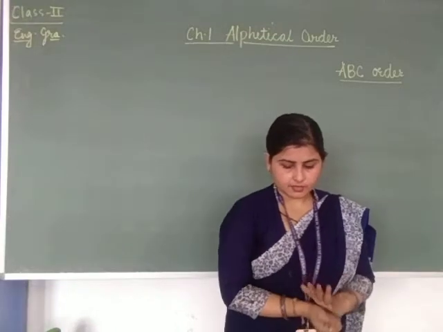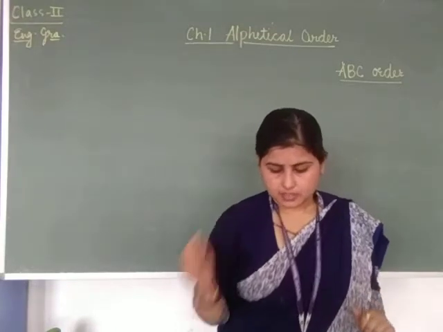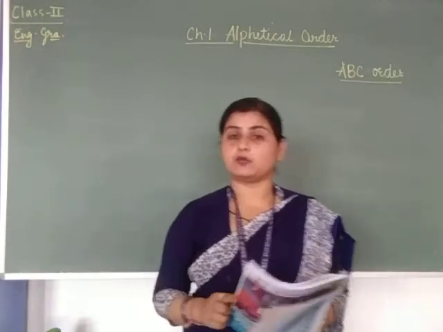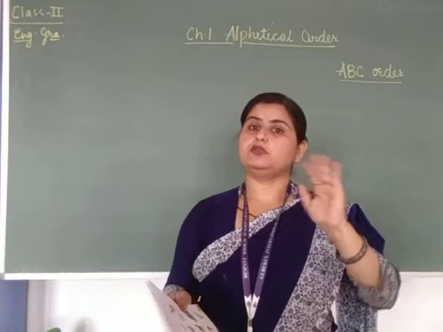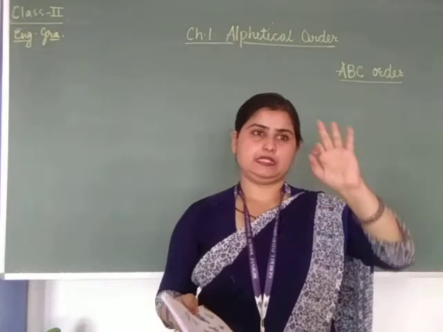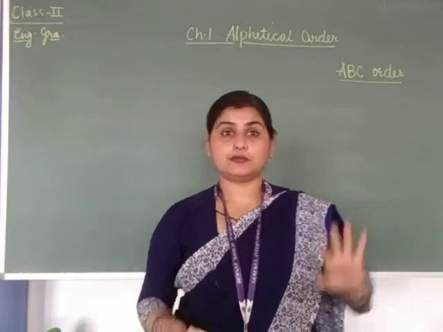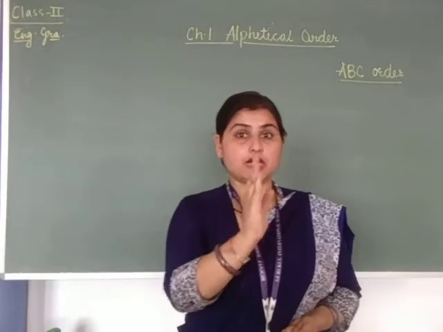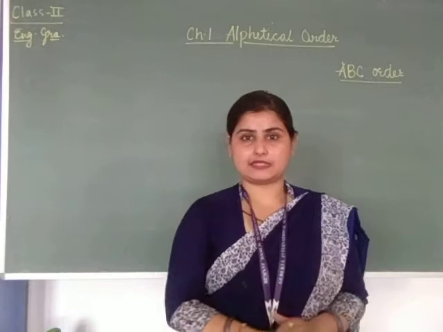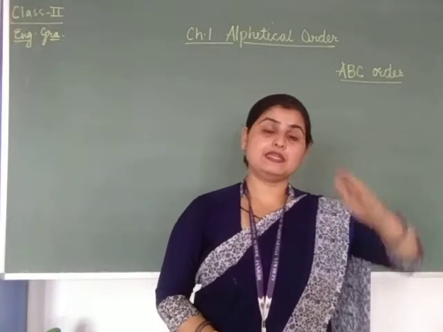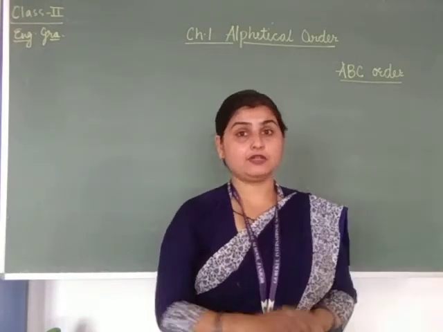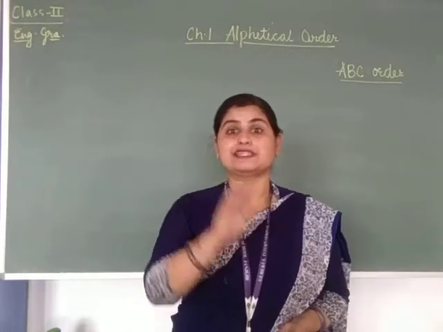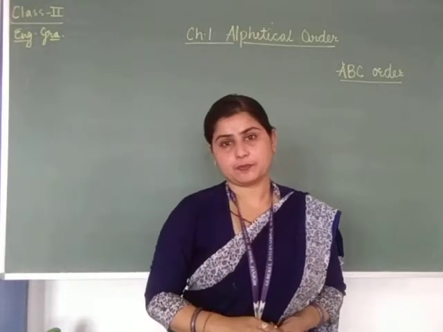Now we know the letters of the alphabet by heart by now. Now you are in class 2. You know the alphabetical order, that means कि जो English alphabet के 26 letters हैं, उनका order आपको पता है. That A, then B, then C, then D, E, F. It goes in an order, एक sequence में जाता है, जो कि sequence उसका fix है.